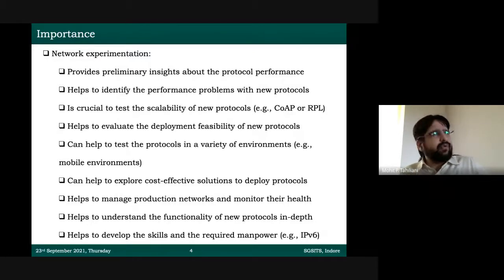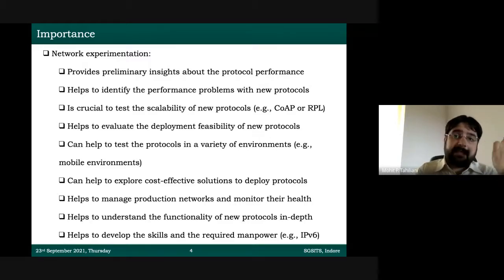Another part, whenever you ask the network administrators in your university or in your industry, they find a lot of difficulty in managing campus networks. There will be a network admin in your university who will be managing the entire internet connectivity and network connectivity inside your campus. So network experimentation can help you to manage your big networks. You can create a model of these big networks in a small simulator and test it so that you understand where the problem might be happening, and then you apply the knowledge that you gain from simulations onto the real world to see, okay, yes, this is a problem I was expecting to happen and it has happened and now I can solve it.